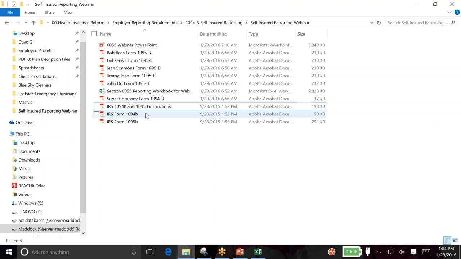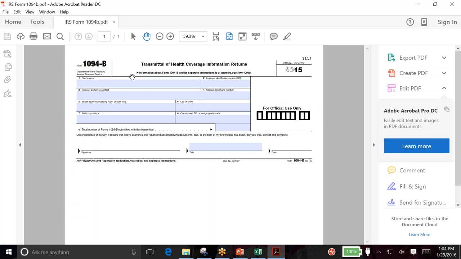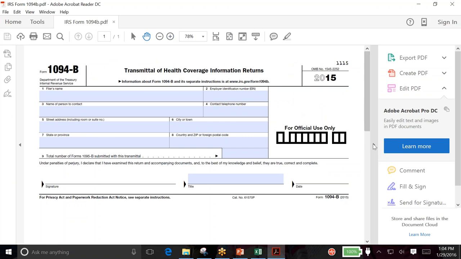I've got these right here. So the 1094B form. This is what I kind of alluded to as a fax cover sheet or transmittal form. This is what you would send to the IRS with all of the 1095B forms. And I'm going to zoom this up for you. But essentially, it's just